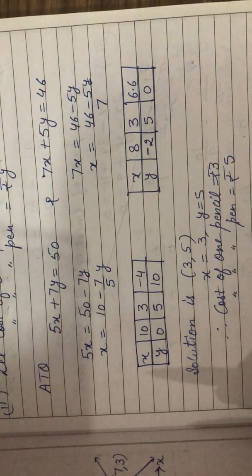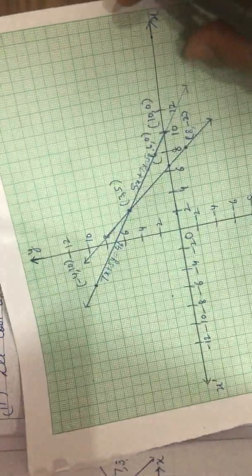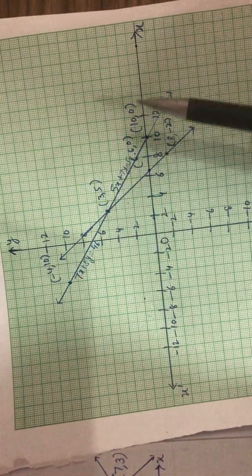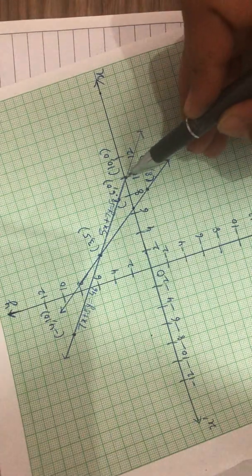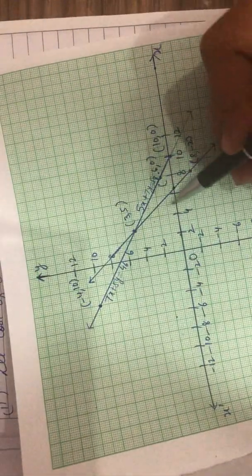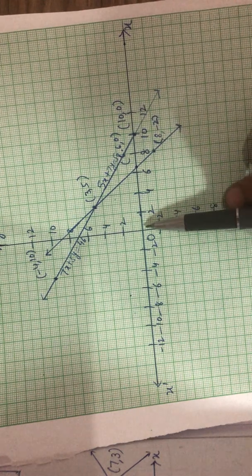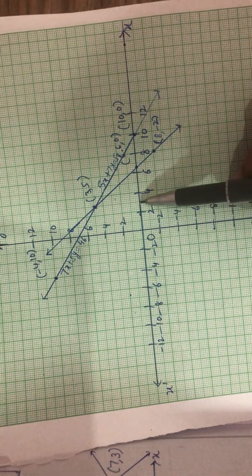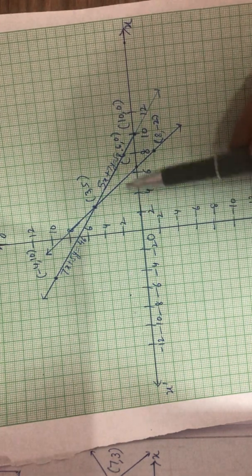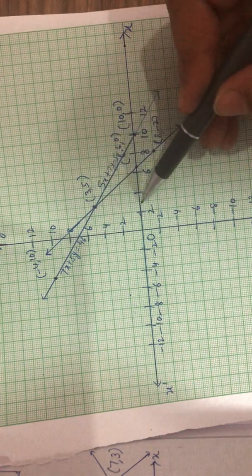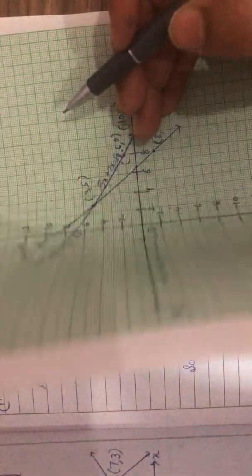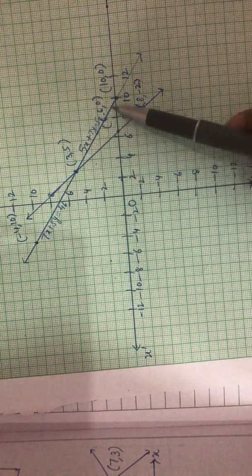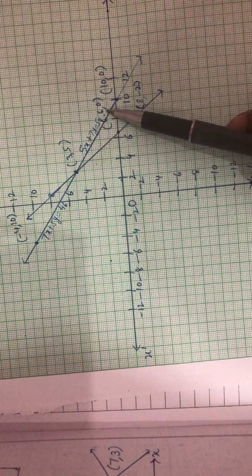Now if we draw the graph of these equations, there will be straight lines and both the straight lines are intersecting. So you can see this is the graph of the first equation: 10, 0, this is 10, 0, then 3, 5. I have chosen a scale where one block is equal to 2 centimeters or 2 units. So you can see this is 3, between 2 and 4 is 3, and between 4 and 6 is 5. So 3, 5 is this point, and then minus 4, 10 is this point. And on joining these 3 points, I get the graph of 5x plus 7y equal to 50.